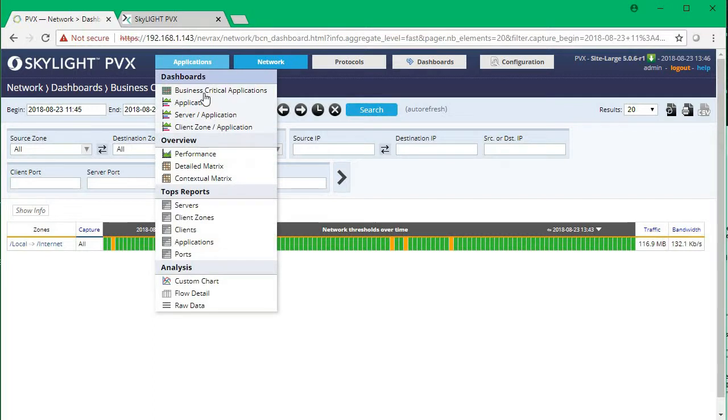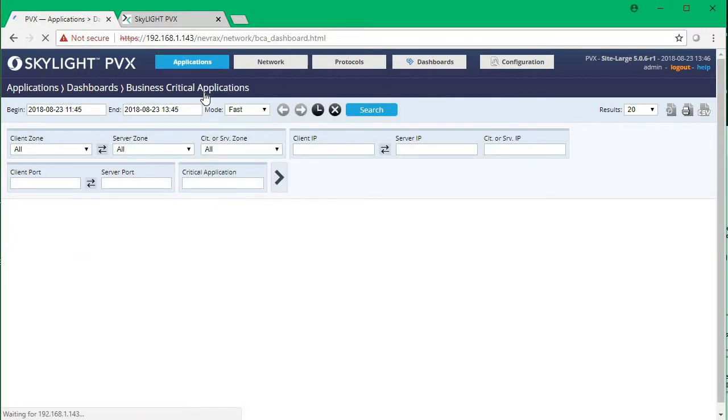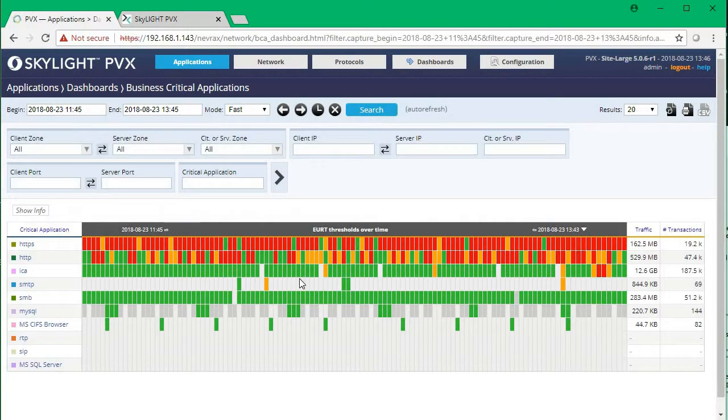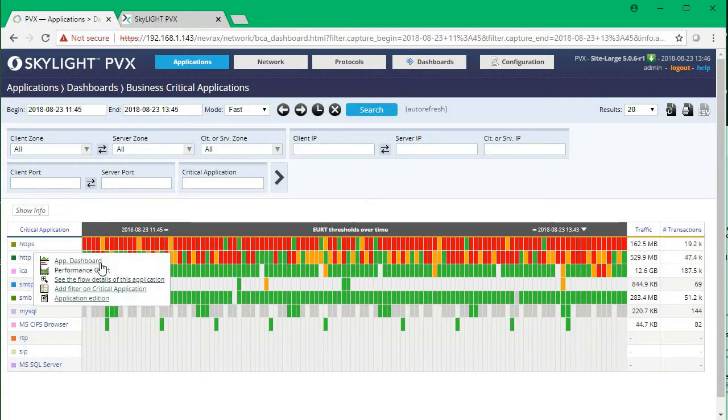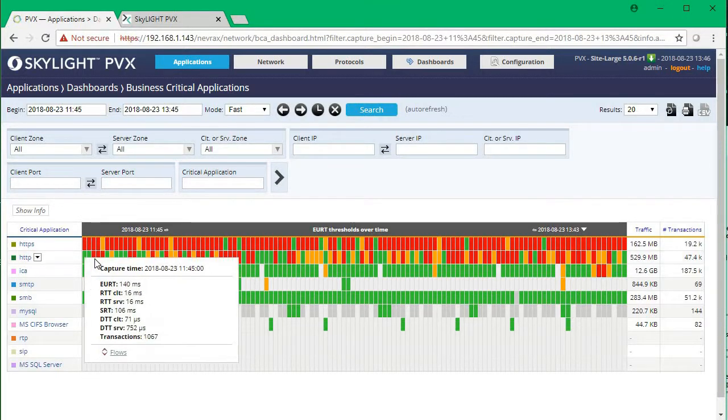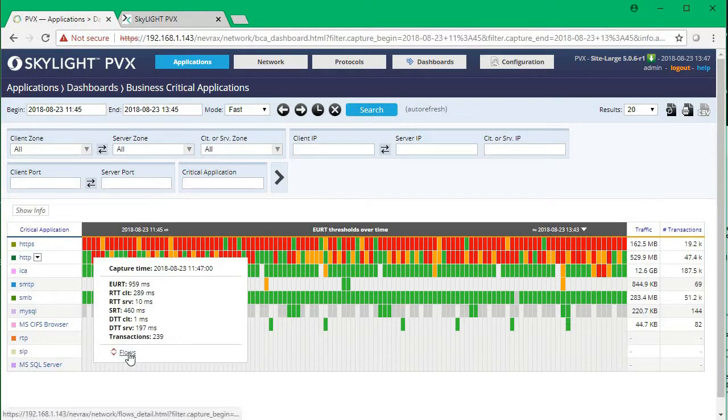So again, I'm going to go back to our business critical application where I started, and we see the different applications. Again, HTTP, HTTPS, ICA. So if we just look at one of these, for instance here, HTTP, we can see end user round trip time, 959 milliseconds. But we can also come down, sorry I moved it, we can also come down and look at